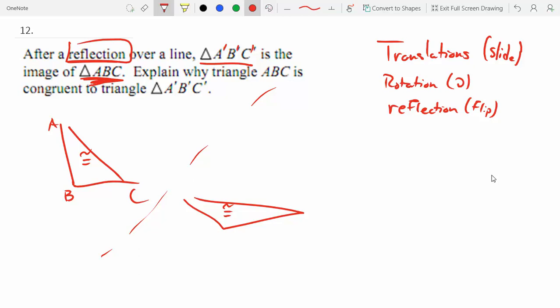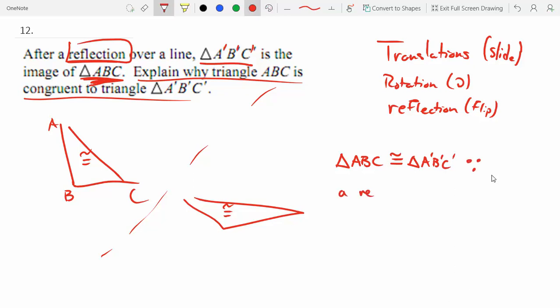Or even better, you can say, when they say explain why triangle ABC will be congruent to its image, triangle A prime, B prime, C prime, because a reflection preserves or keeps the same, preserves shape